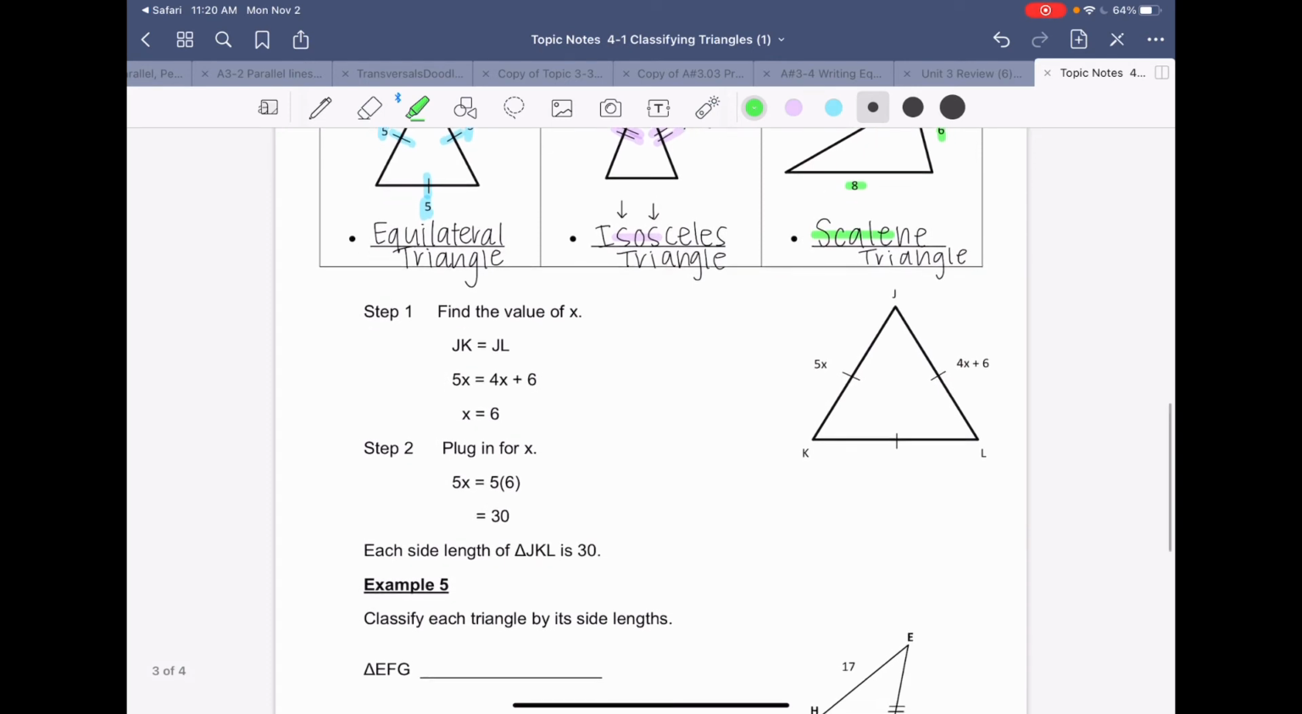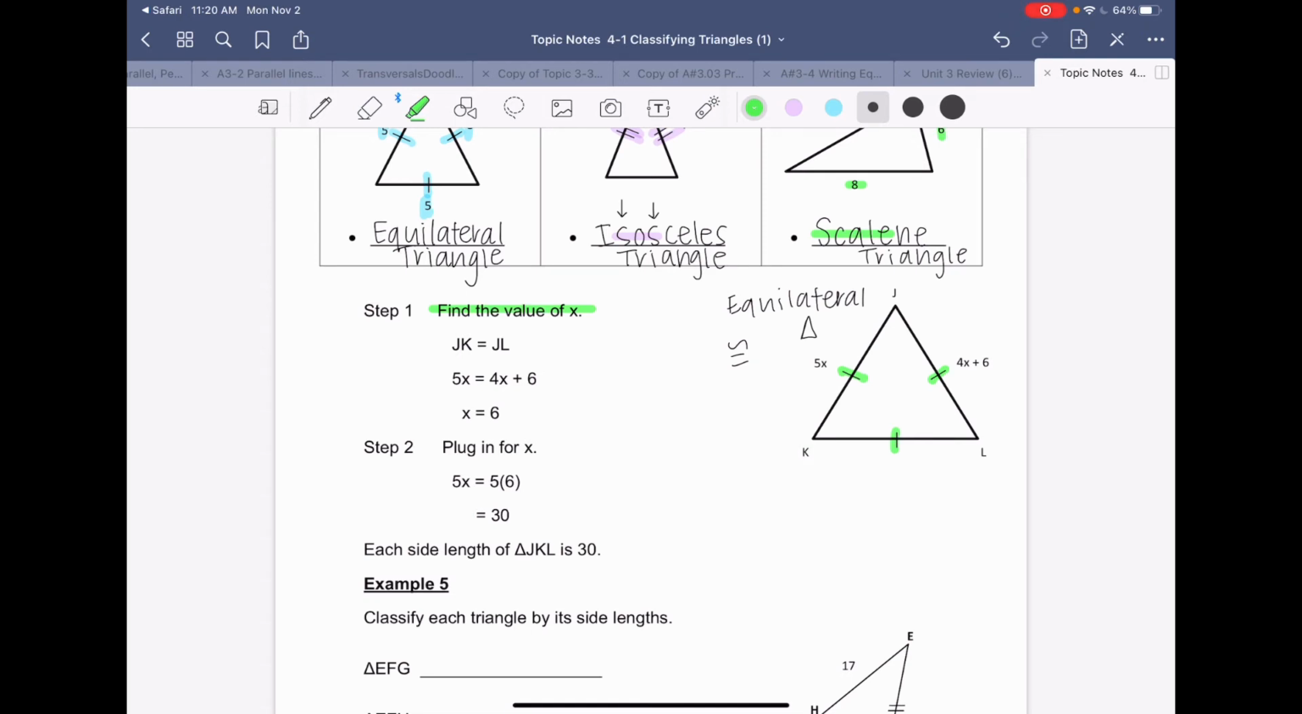So let's use this to our knowledge right here. Okay, so step 1 says find the value of X. If we look at this triangle right here, we have these tick marks. These tick marks tell me that this is an equilateral triangle, meaning that all the sides are congruent. So in order to find what the value of X is, which it tells us right here,